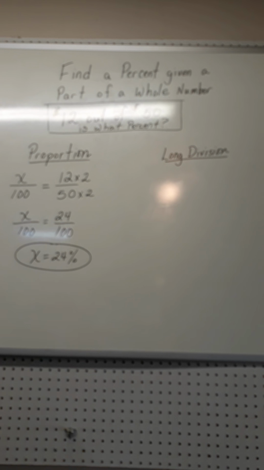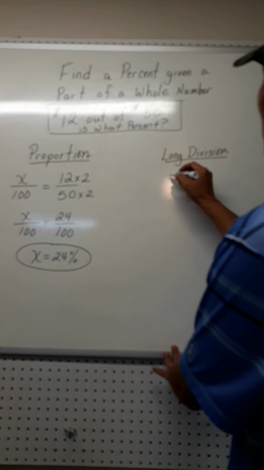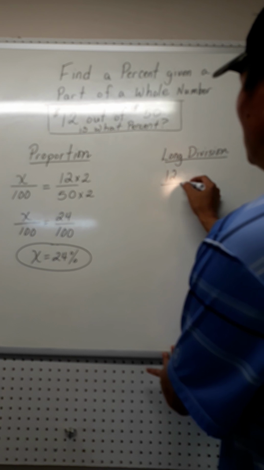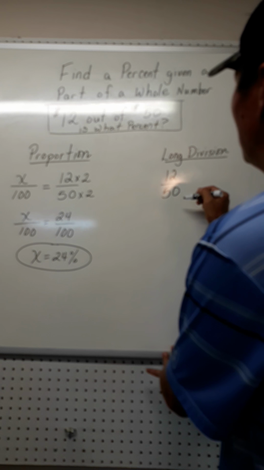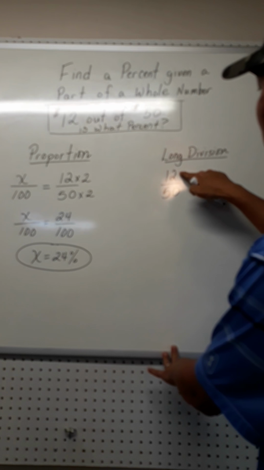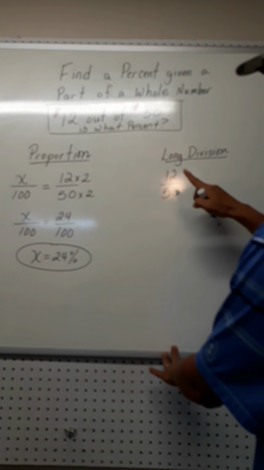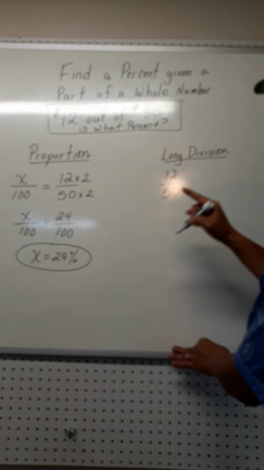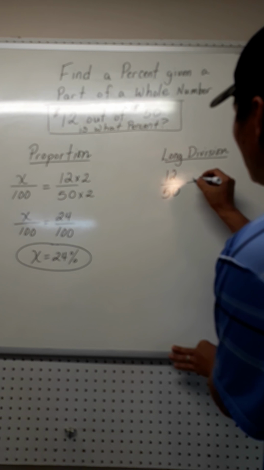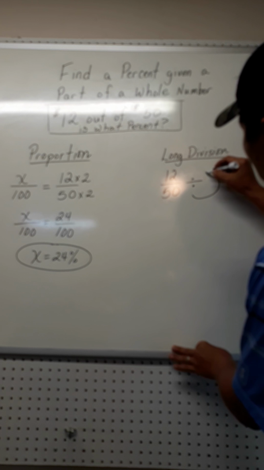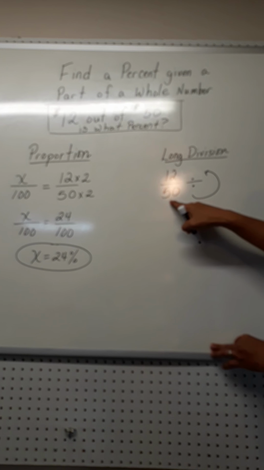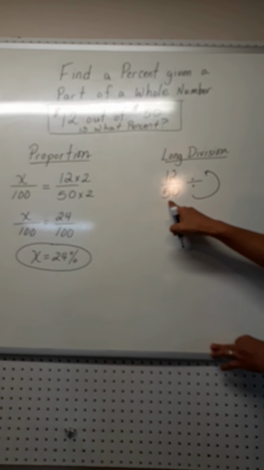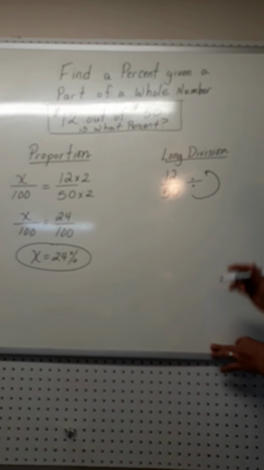I'm going to swing over to the other side, and now I'm going to set it up as long division. Well, we know that if we have 12 over 50, 12 out of 50 is saying the exact same thing as, well, let me rephrase and put my arrow: how many times can 50 go into 12? So if I set it up as long division, 50